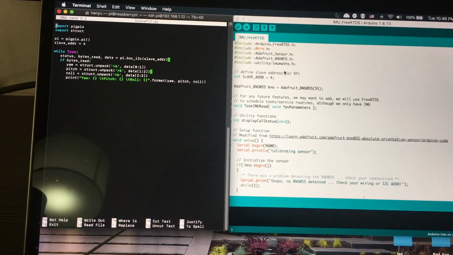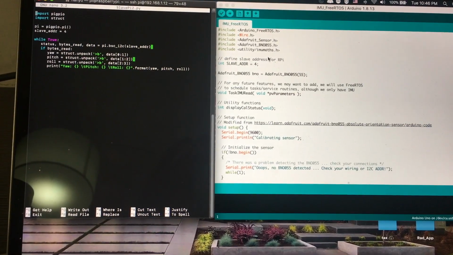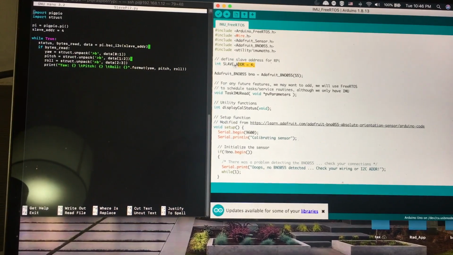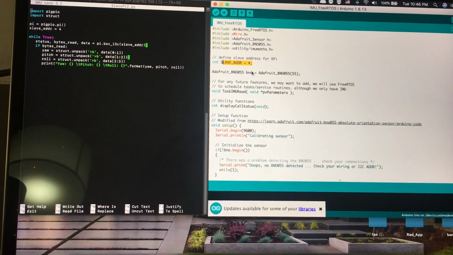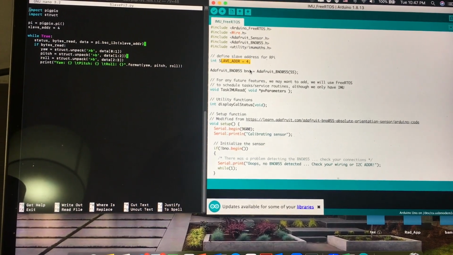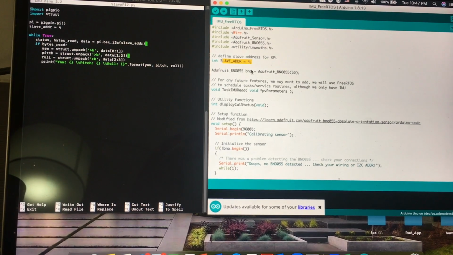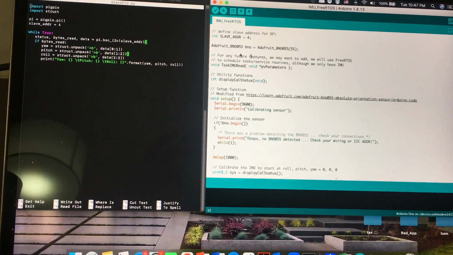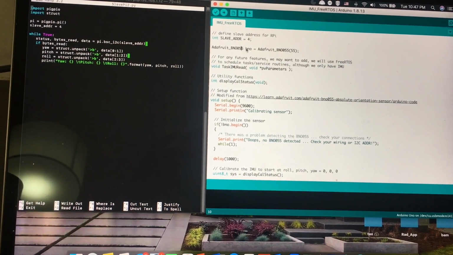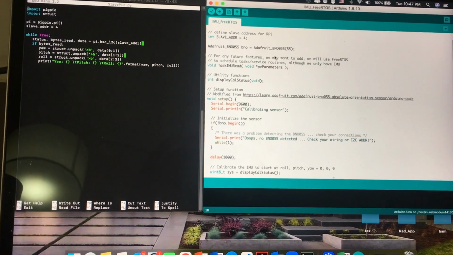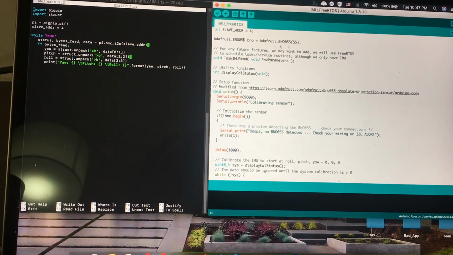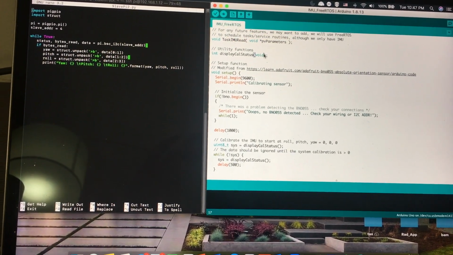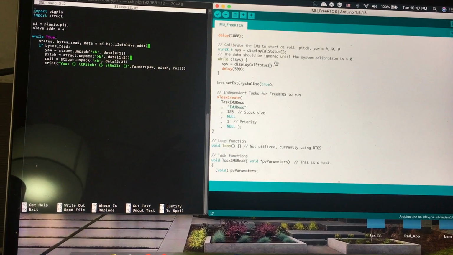So we have here on the right the Arduino script. This is pretty much taken from our last project, except here we're setting up an address for our Raspberry Pi, which is going to be functioning as a slave for our I2C transmission. And we still have our IMU, which is another slave, and Arduino is the master. So we're initializing that, and we still have our task here, and we're using FreeRTOS to just run these tasks,